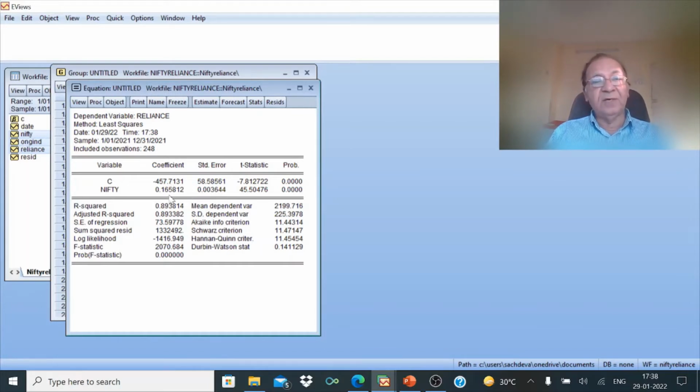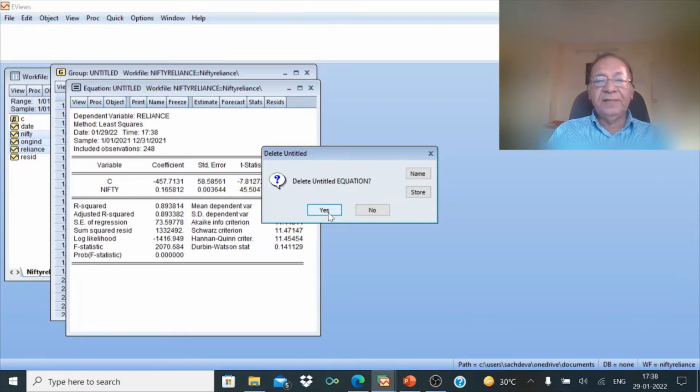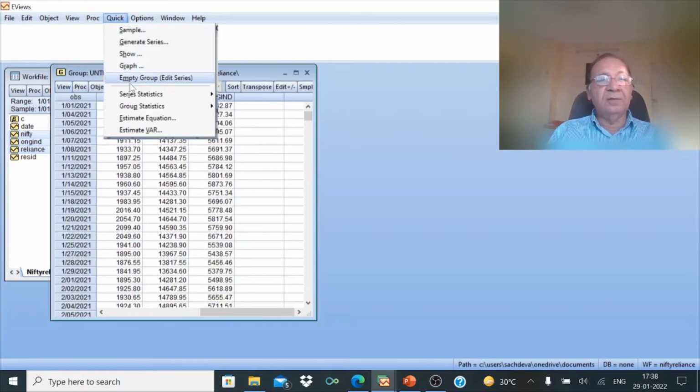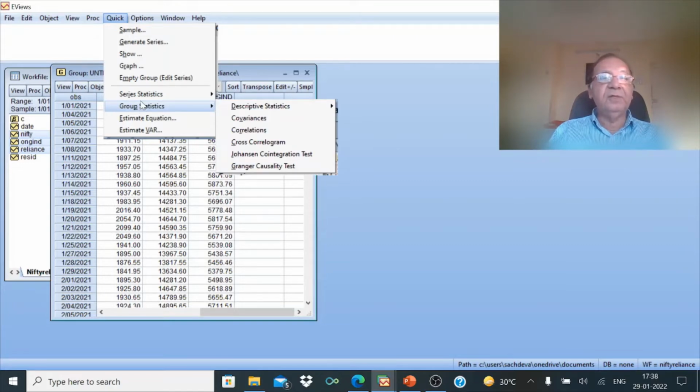Nifty is 0.165812. That is the coefficient. These are the probabilities, and all other things are given here, R square and all. Now let us add. We will delete this equation, and we will use both